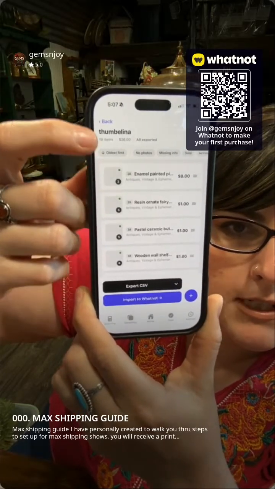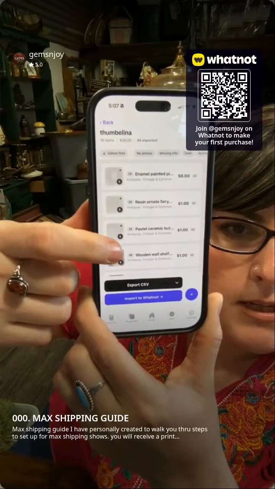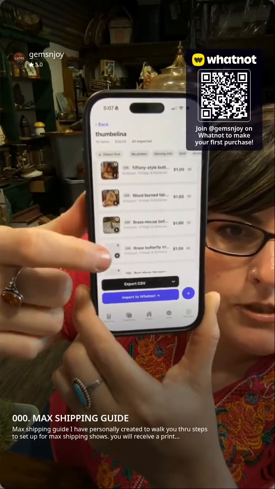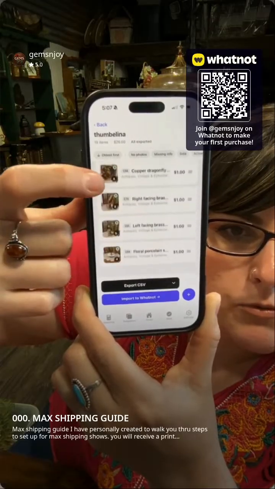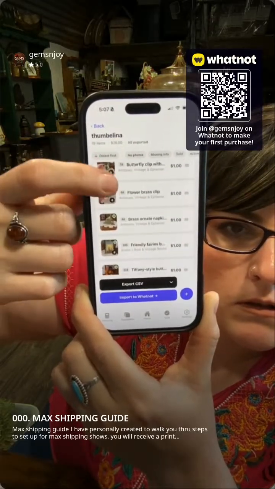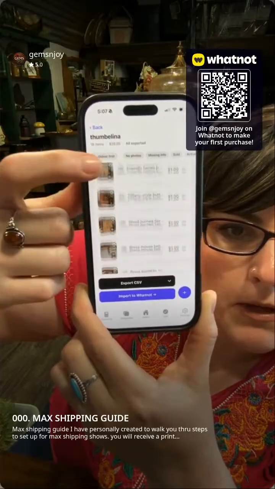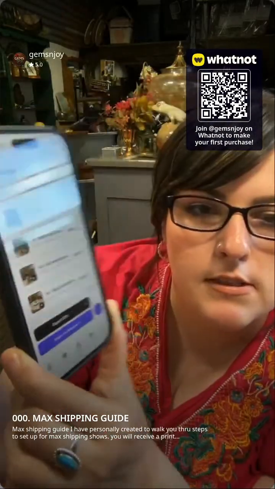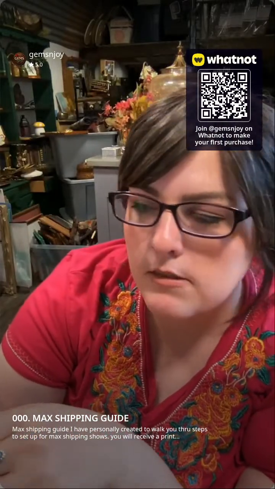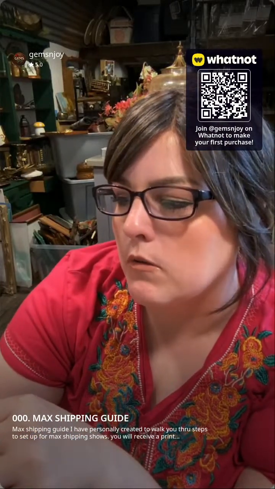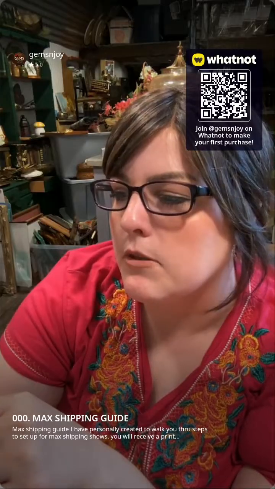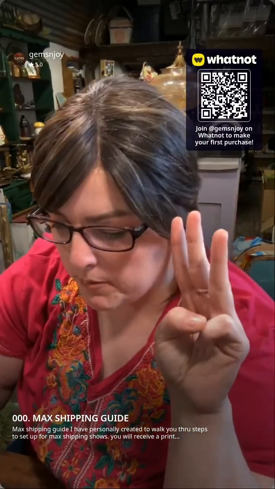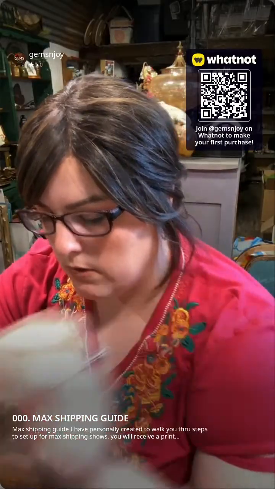So I go into Thumbelina and I can list all the items that I want to have in that show all together. So I uploaded every single one of these. I uploaded these, but I want to do another one, and so I can list it to the shop. I'm going to show you guys this live, which is kind of cool. So let me take some pictures really quick so I can show you guys live. I'm going to load 3 things and put them in my store